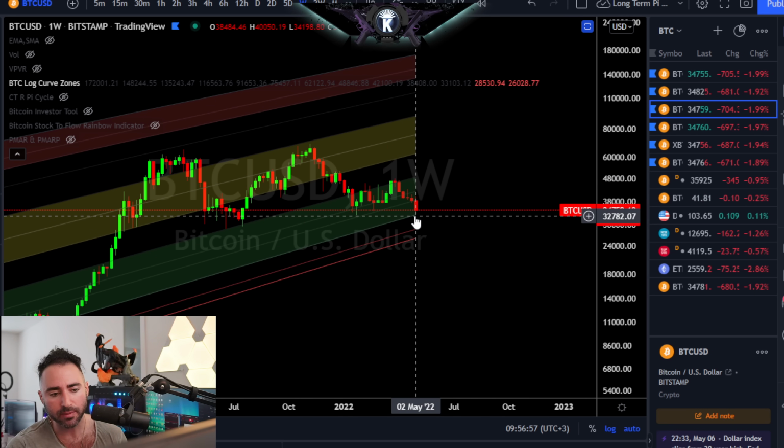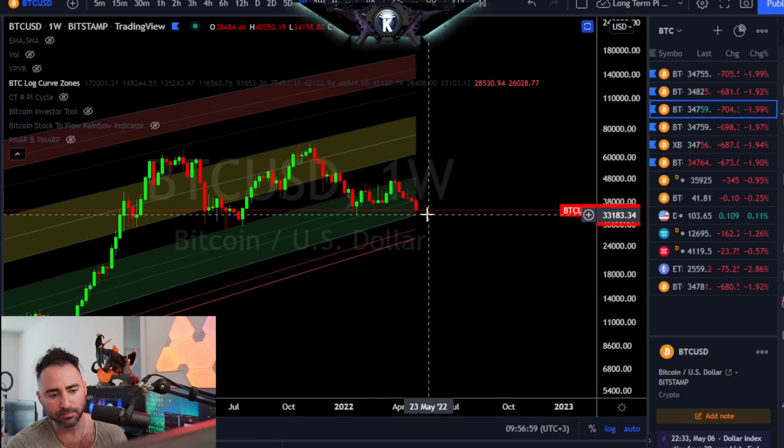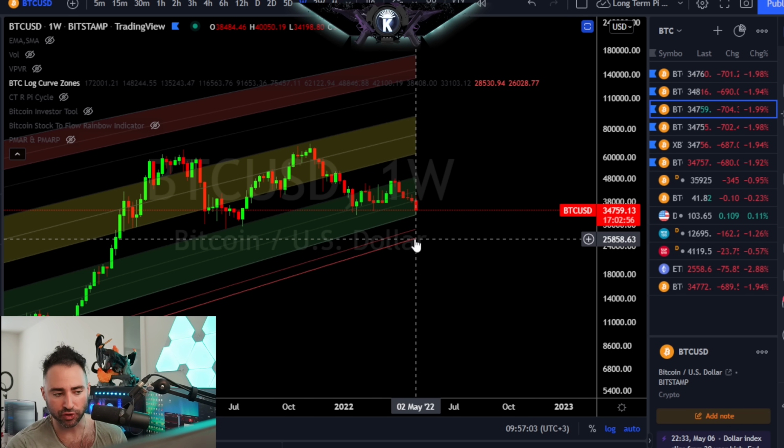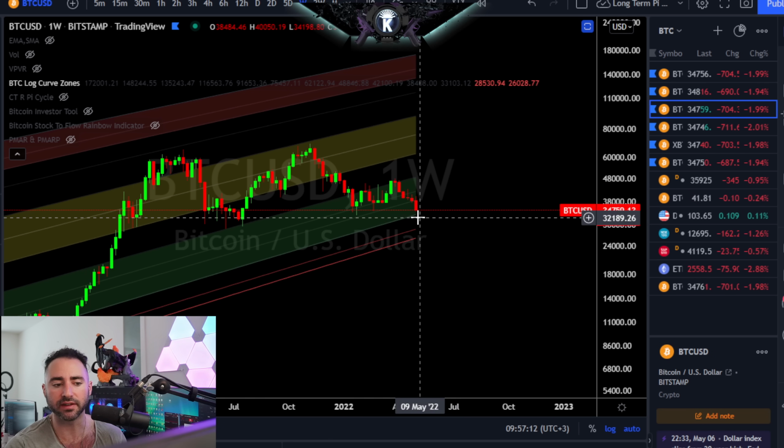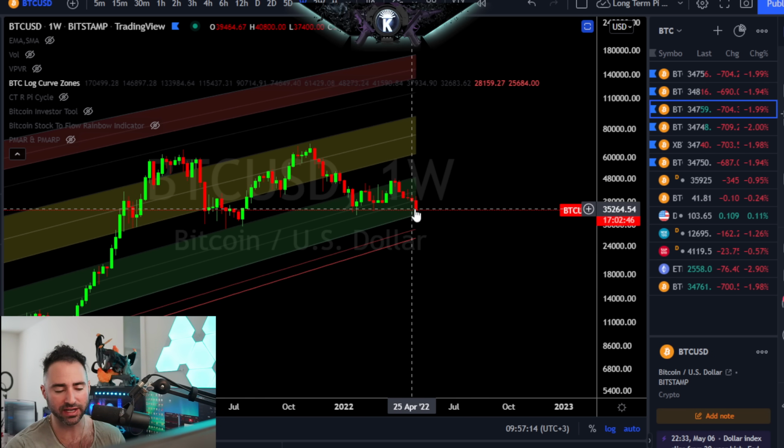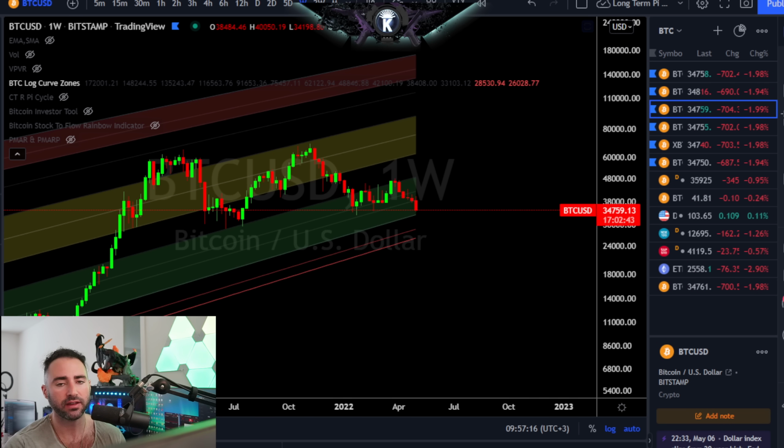And what do we see? The bottom end of this green zone right here is basically around that 33 to 32,000-ish region. Yes, if we do get another major washout, the lower deviation of this would be about $25,000. Keep that number in mind. It's going to pop up a few times a little bit later. But ultimately, I would feel quite confident in saying that Bitcoin's very likely to bounce off this region right here. Even if it does end up going lower, that's generally going to be a nice stopping point.